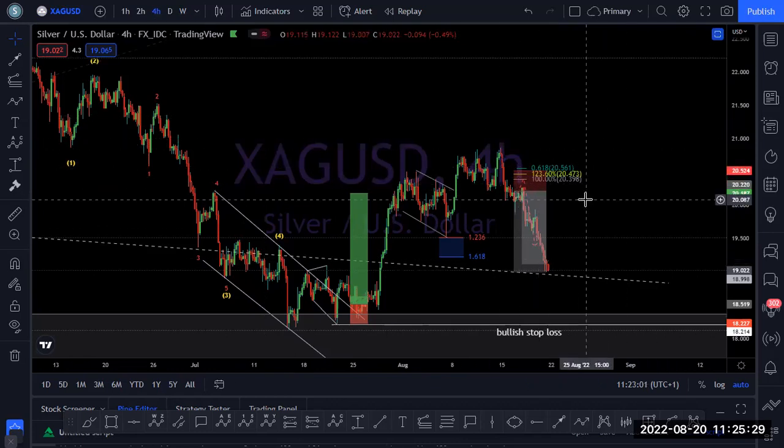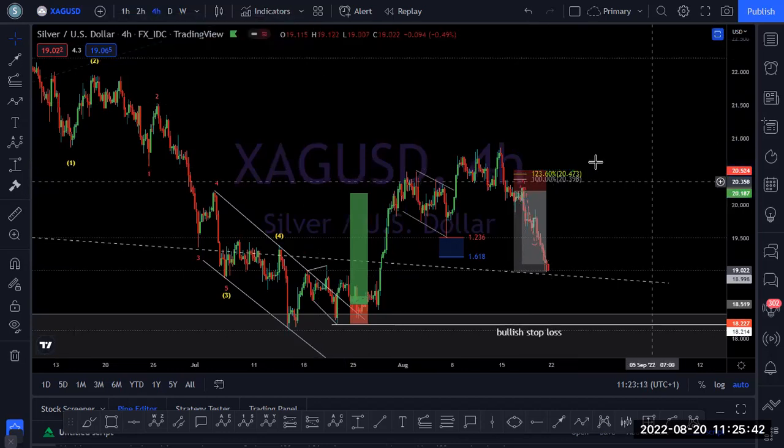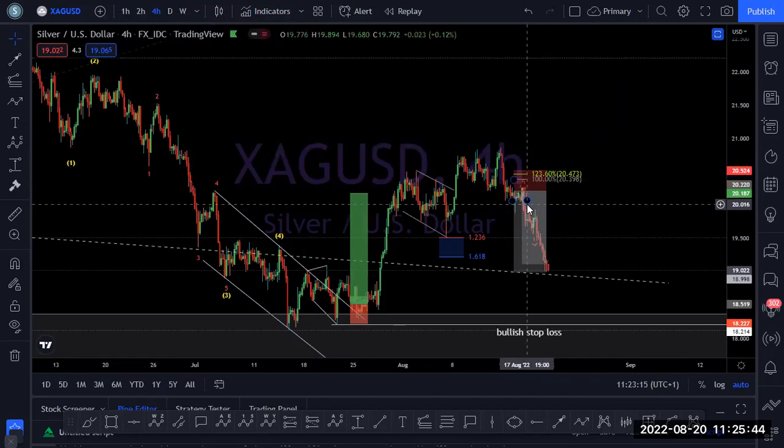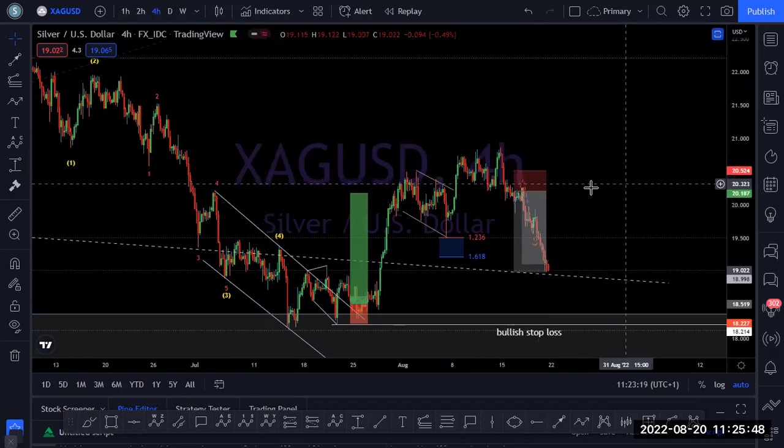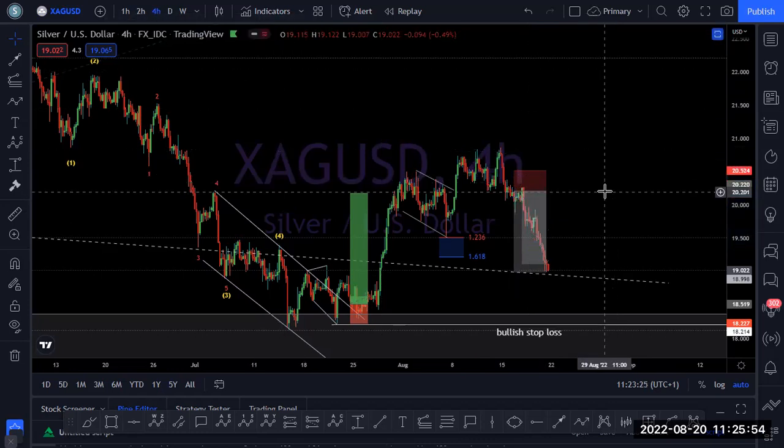So this is why I tell you, I don't control the market, neither does anyone. Nobody controls the market. We try to predict what will happen next. That's what we do, and nothing more. So nobody will say this must happen in the market. Never. Nobody knows that. So silver turned out to be faster than gold in going lower. I think it's somehow funny.